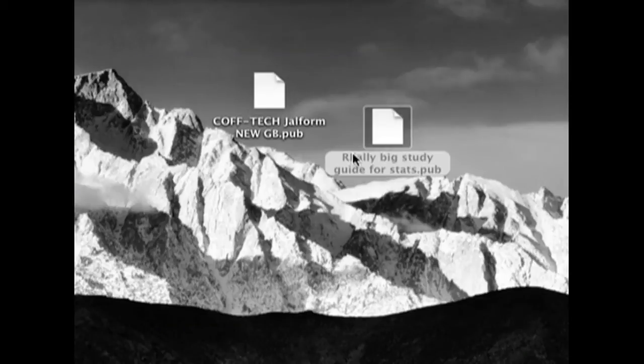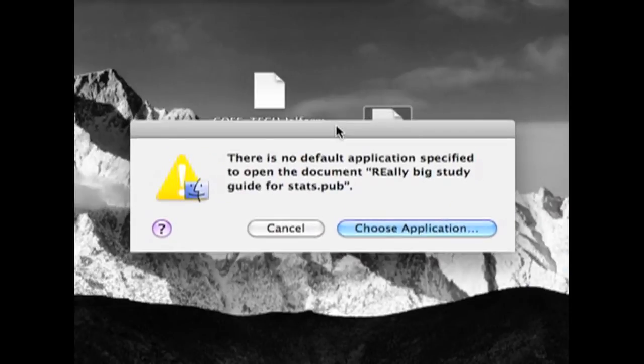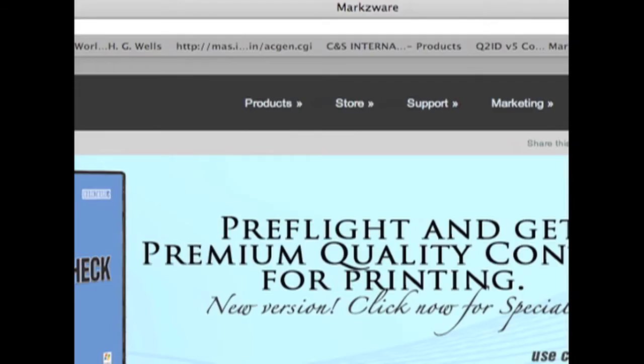Alrighty, so we got some .pub files in. Customer really wants us to output these, and we really want the job. It's a big university, and yeah, we want to help them out. Problem is, if I double click it, I can't open it in any application, and I don't have Publisher on this Macintosh. But we want to work with this file. That's where Marksware's Pub2ID version 3 comes in. Available for Macintosh or Windows, it will allow you to open and use these Microsoft Publisher files. For information on Pub2ID version 3, simply go to Marksware's webpage.